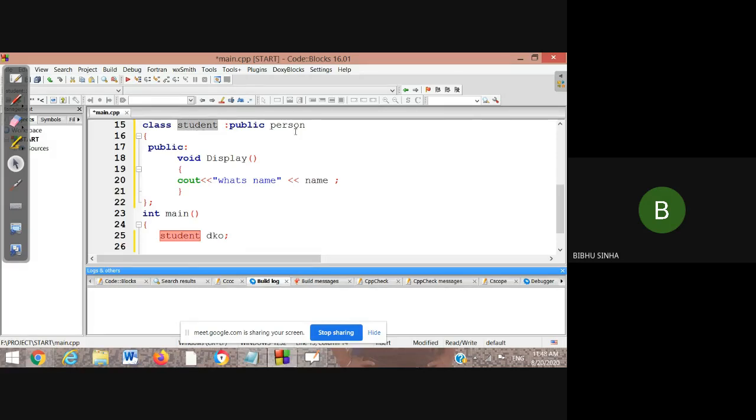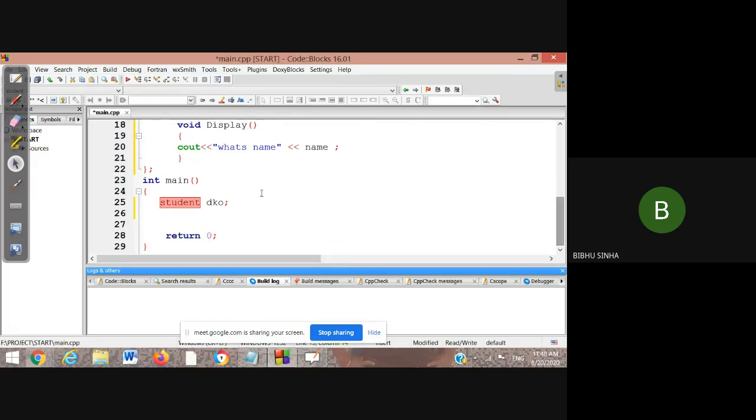We will not create the object of the person class. Why? Because all the features are here. So why would I create the object of the person class? That is totally meaningless, right? It's totally illogical to create the object of the base class. We will always consider the object of the derived class. That is the purpose, right?